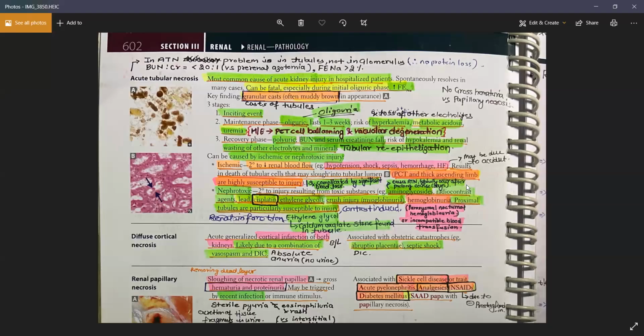Radio contrast: whenever you perform a CT or MRI of the patient, you ask them to swallow this contrast, right? And whenever you swallow this contrast, they can have damage to the kidney also because of that. So it will be a patient who recently underwent a CT or MRI, and now he is having this acute kidney injury.